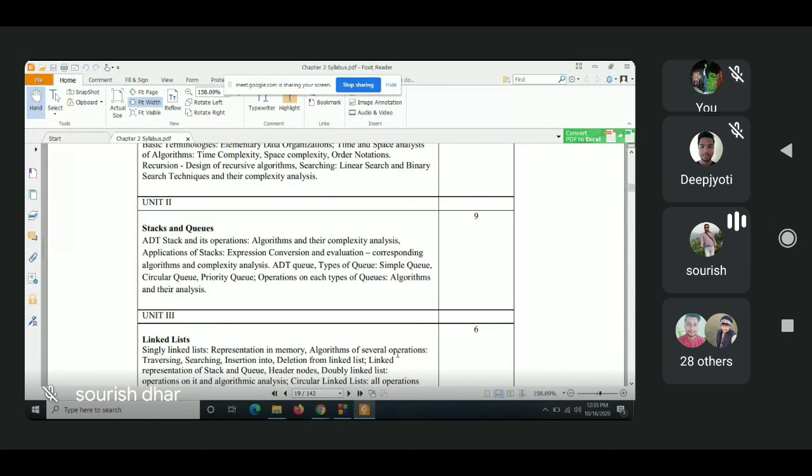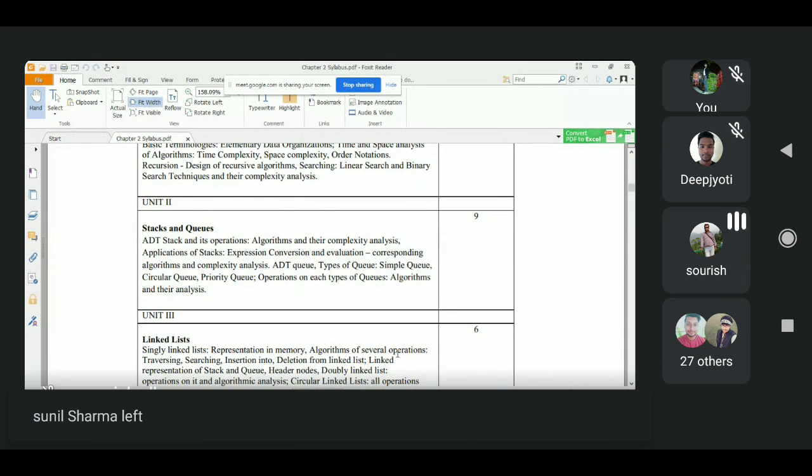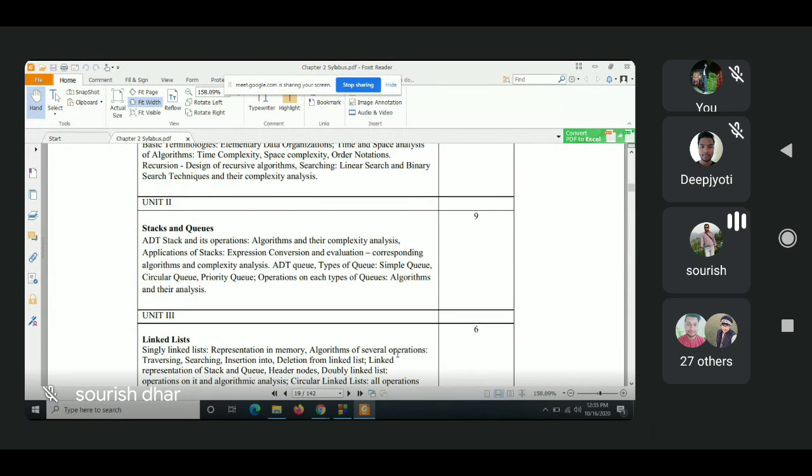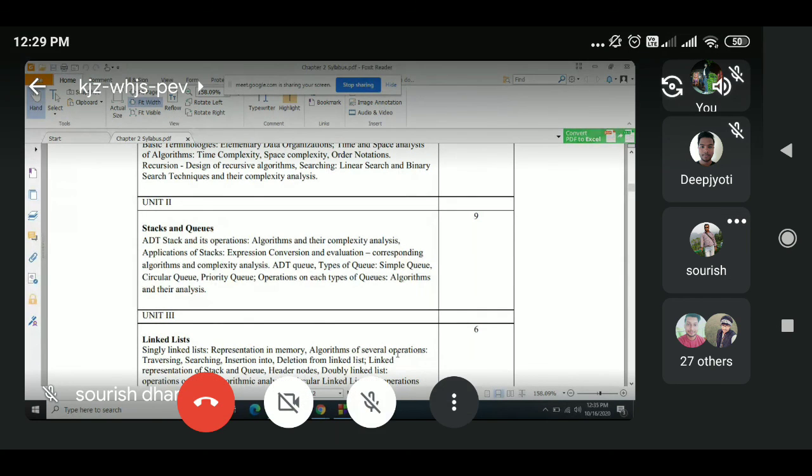We have gone through recursion, we have gone through time complexity, we have gone through what is data type, data structures, and different types of data types. We have gone through structures, arrays and pointers. We have also gone through linear search and binary search. So make sure you always go through this. Otherwise, this will be a problem while you are dealing with linked list. Am I clear? Yes, sir.